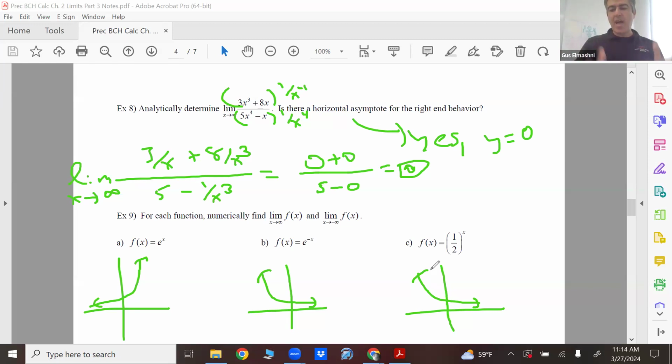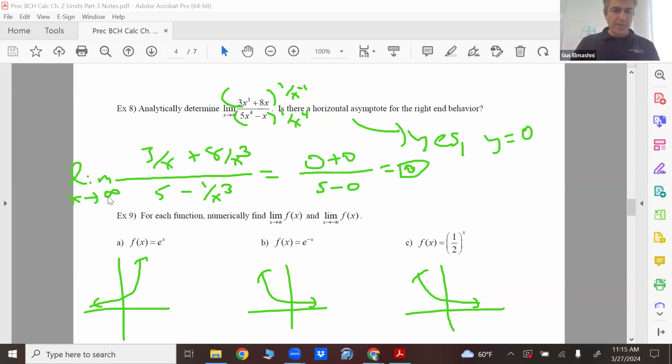We have to understand how limits work in order to understand derivatives. We're gonna do derivatives eventually after spring break, and so that's where I spent all this time, just so you know. But in order to do the limits, we also have to understand how these graphs look, and that's why I spent all these years teaching you guys, hey, e^x looks like this, (1/2)^x looks like this. So in each case,